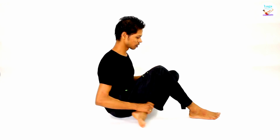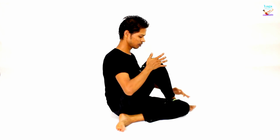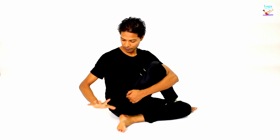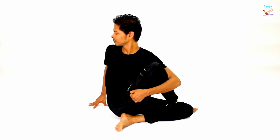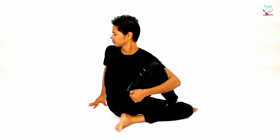So bringing your left leg under the right, hugging the right knee this time. Right hand on the back, extending your chest, inhale, and with exhale, twisting completely. Take a deep breath in, and with exhale back to the center,